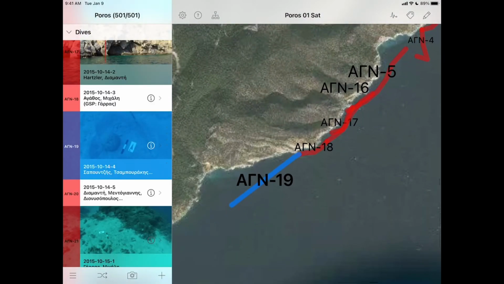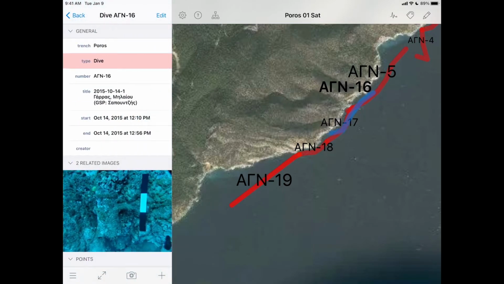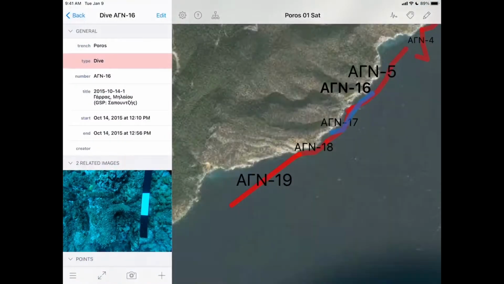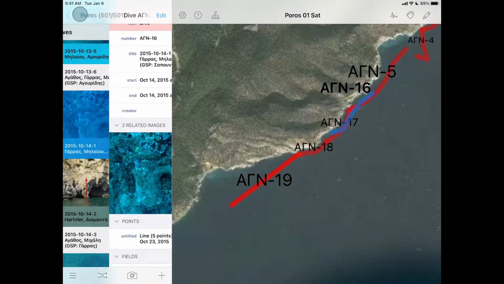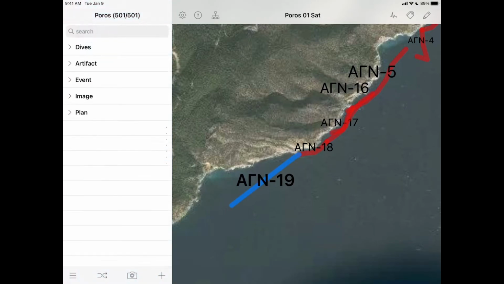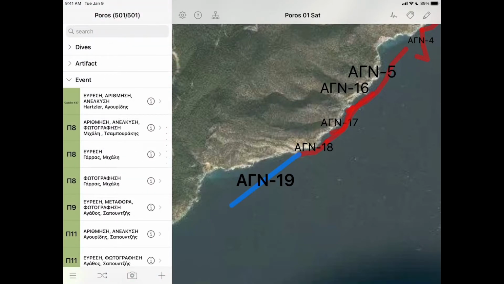So here, these are actually someone going down in the water and surveying, taking pictures as they go of the things they find, keeping track of who's diving, where the track is that they're diving. They also have artifacts of things they find, but they have events here, which is a new type. This is where they're keeping track of whether they measured an object, whether they photographed it, lifted it, and things